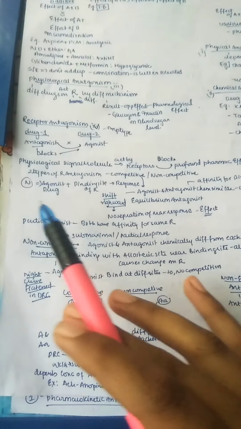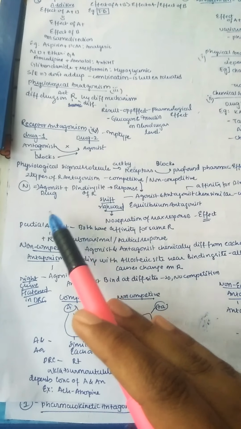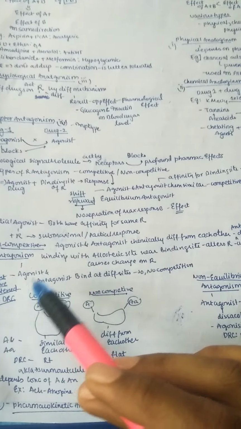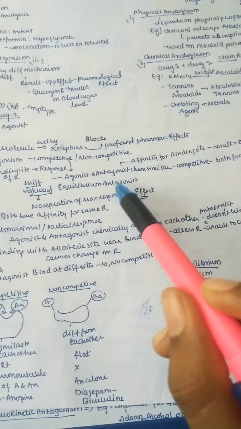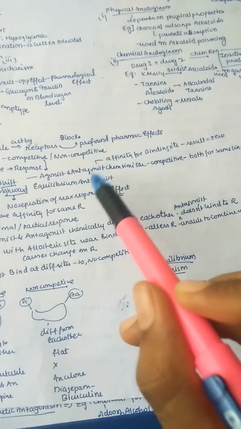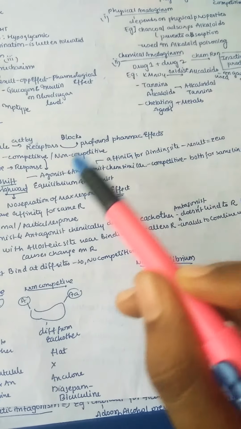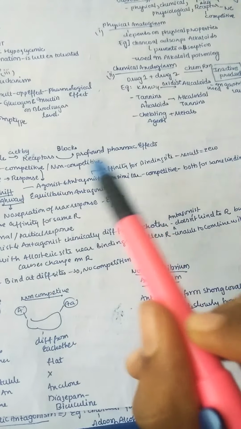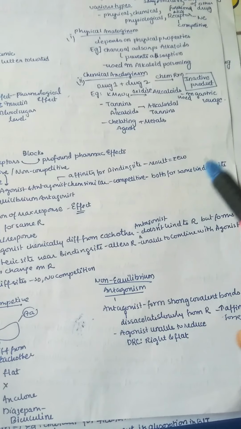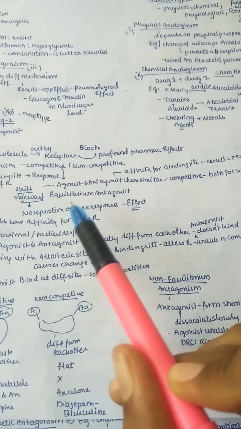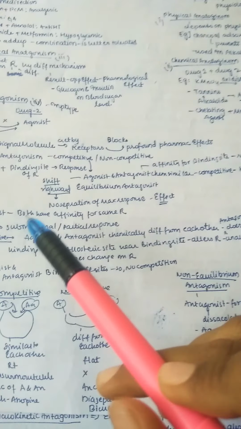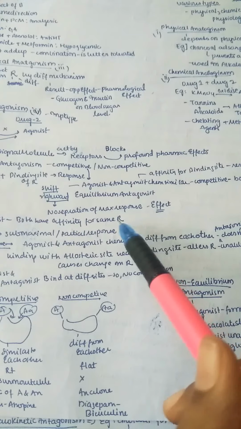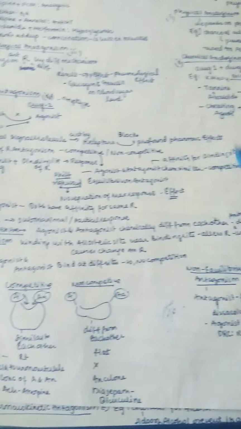Let us see them. Normally, what happens is the agonist binds with the binding site of a receptor and forms the response. We know this. But what happens in a competitive type? Here the agonist and the antagonist are chemically similar. The antagonist has more affinity for the binding site, but the result is zero because it is an antagonist, right? Since they are both competing for the same binding site, this is also called equilibrium antagonism. It shows a rightward shift, and there is no suppression of the maximum response in the effect.